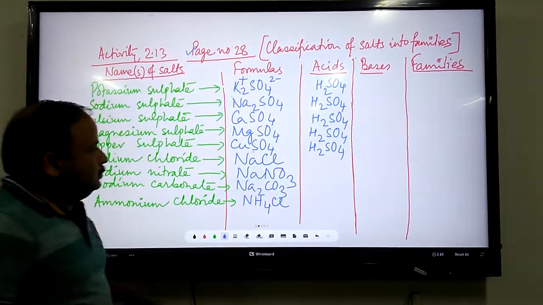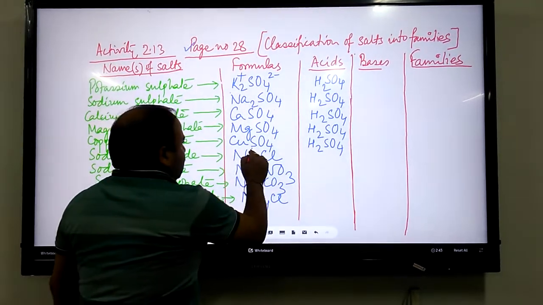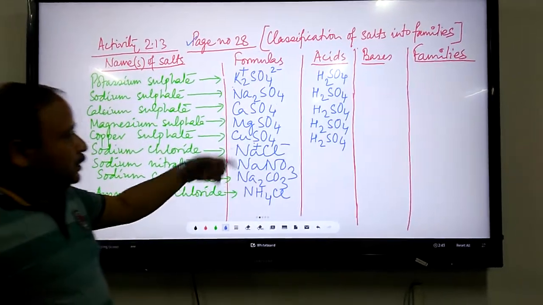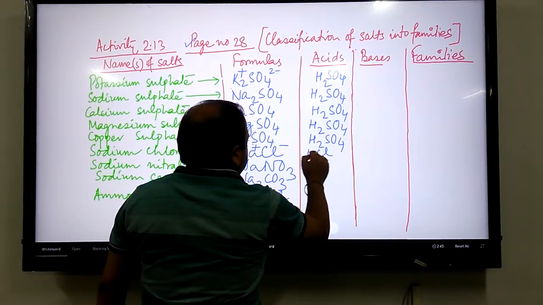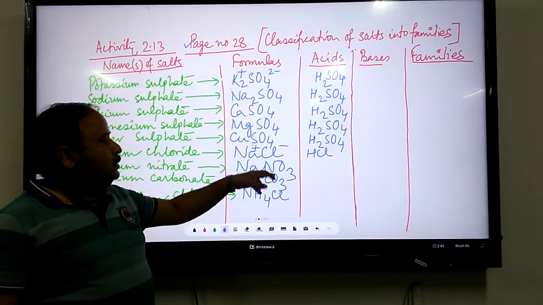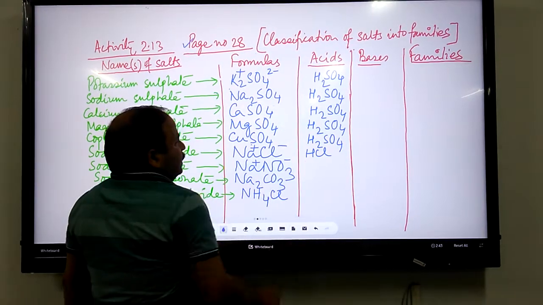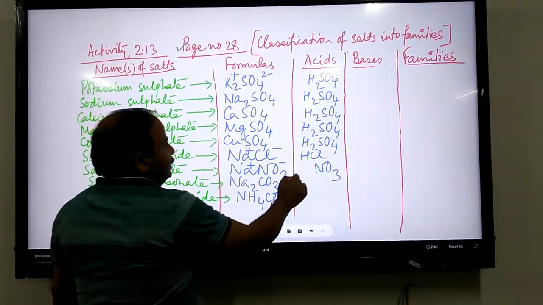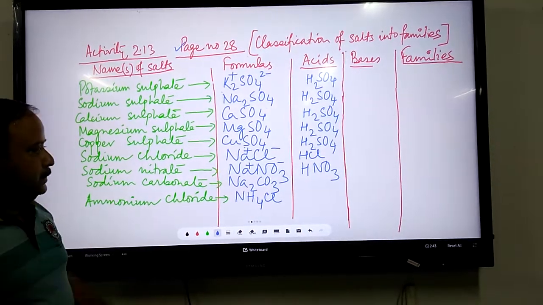In the next salt, if you want to write down the formula of the acid, you consider the negative ion or the radical present in the salt, that is Cl minus. Obviously the acid in this case will be HCl, as the Cl minus is neutralized by 1 hydrogen. In this case, when you want to write down the formula of the acid, you consider the nitrate part. Nitrate has charge 1 minus, so in order to neutralize the charge of nitrate, you need 1 hydrogen. So the acid here is nitric acid.